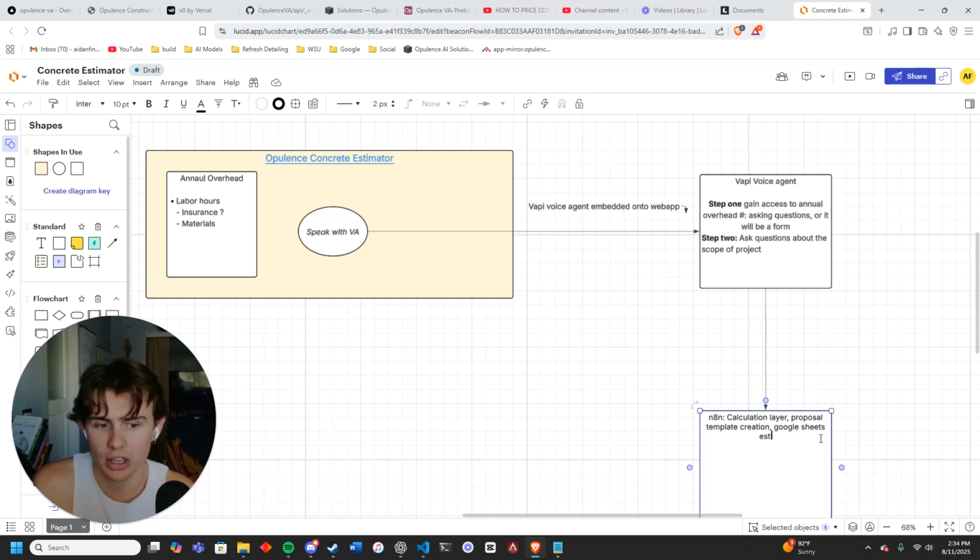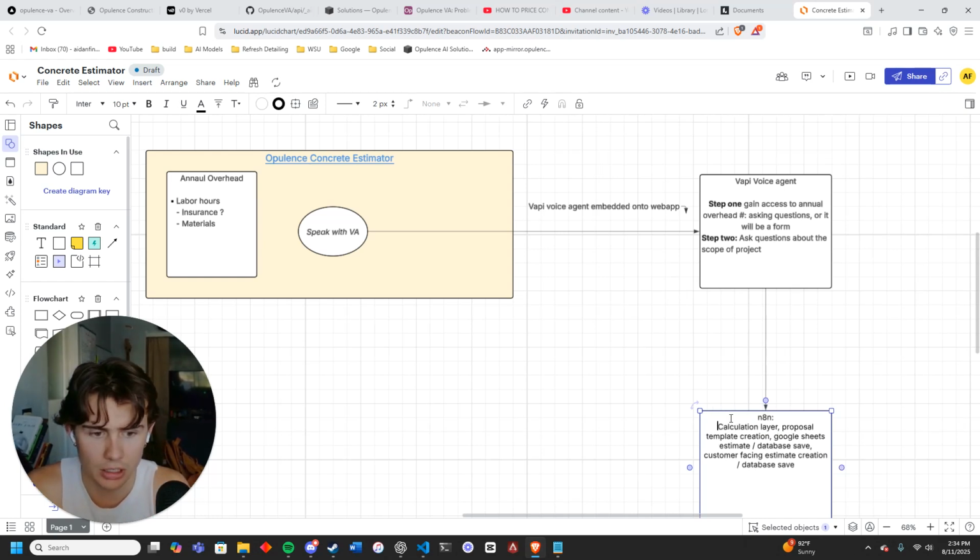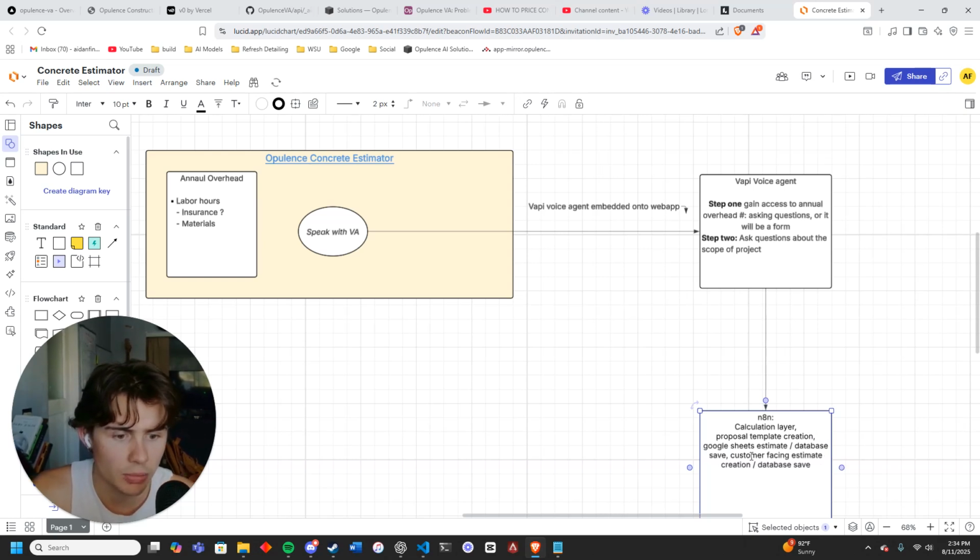It'd be nice too if we could also save that database save. And then we'll say customer facing estimate creation / database save. Okay, so this N8N is the calculation layer. It is the proposal template creation. It's going to create a Google Sheets estimate, and then it's also going to create a customer facing